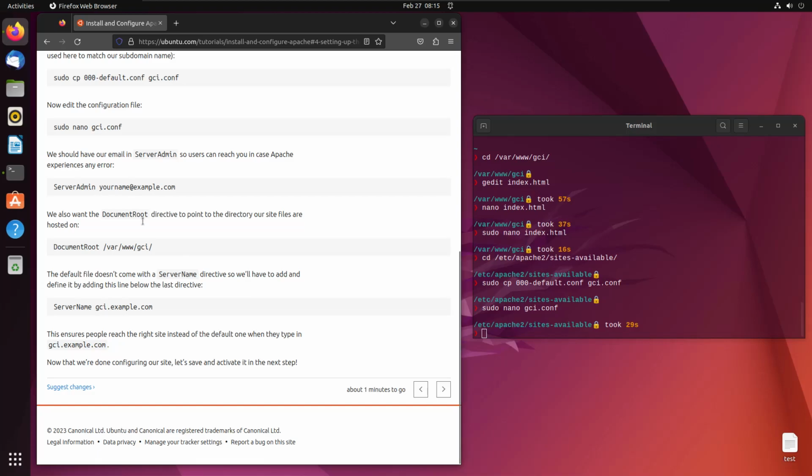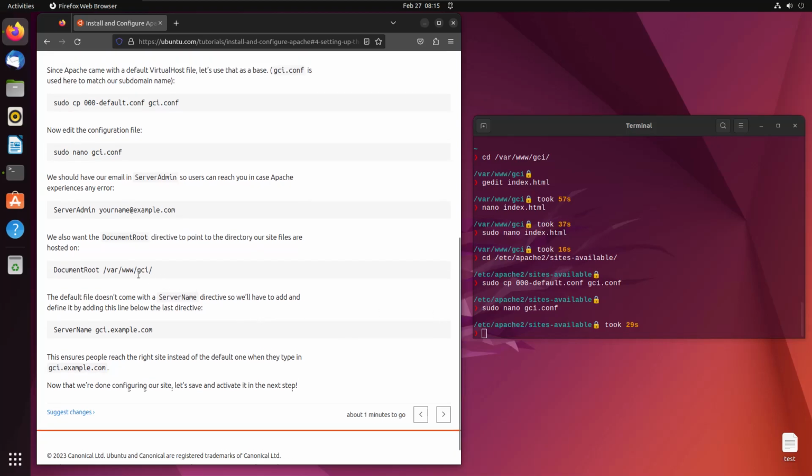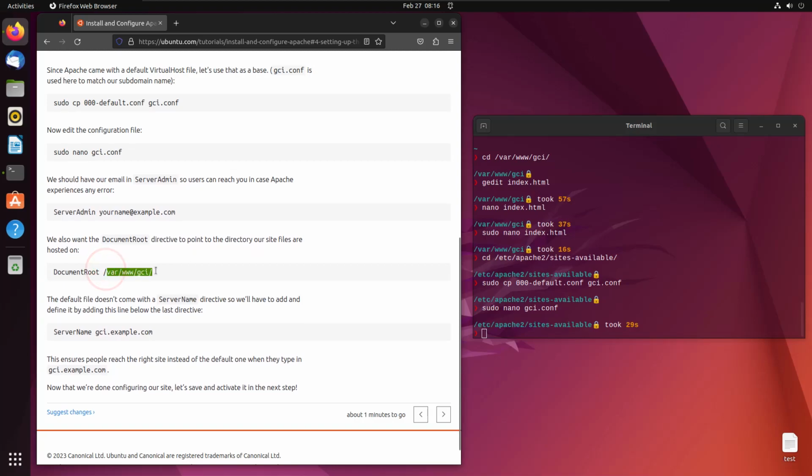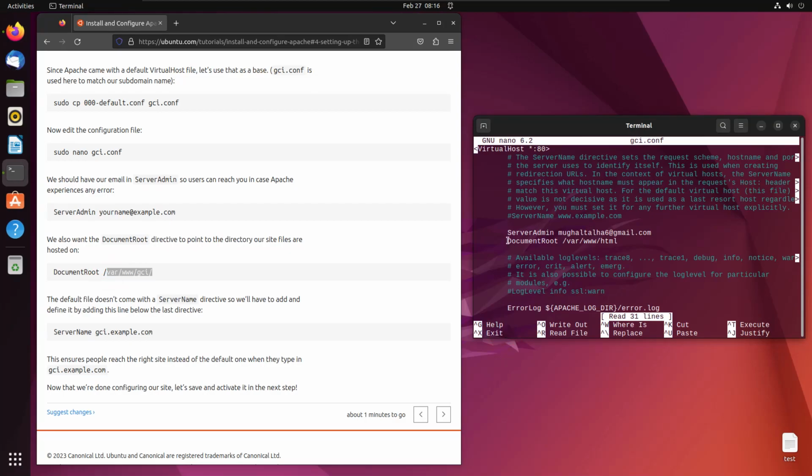And now what we want is, I think we also have to set this directory in the same file. So just open it again. We have to change the directory in your document root. Because we are working on GCI, we'll tell our file to look for the GCI folder in the www folder. So we'll just replace this HTML with GCI,